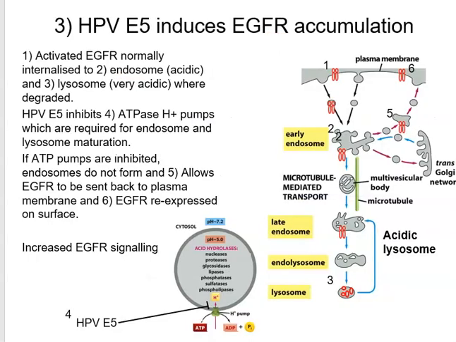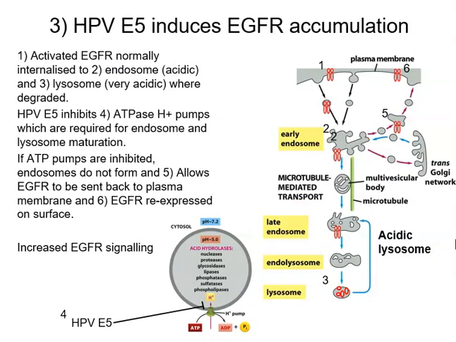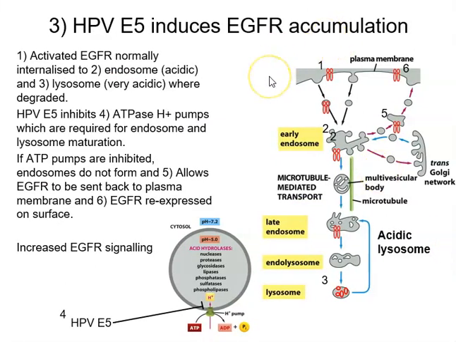So the third mechanism of oncogene activation is viral activation, and as I've mentioned earlier on, the human papillomavirus has a gene called the E5 gene, and this helps to induce epidermal growth factor receptor accumulation on the plasma membrane. So on this little diagram here